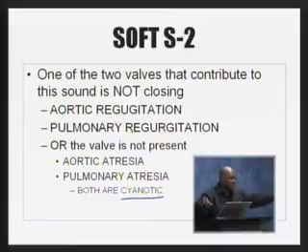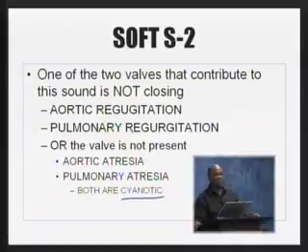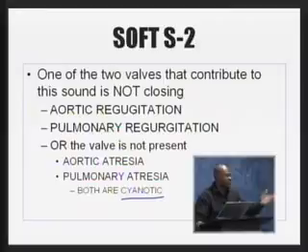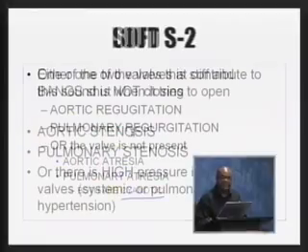Just like we did a soft S1, now we're doing a soft S2. This is how you recreate your knowledge so you don't have to memorize lists. There's a way to just recreate it anytime you want. Soft S2. Now, the pulmonary and aortic atresia are easy because those babies are blue when they are born. How can you be pink if blood can't enter your lungs, and blood can't leave the aorta? You're not going to be pink. Forget it. You understand, Paul? All right, so that's the soft S2.